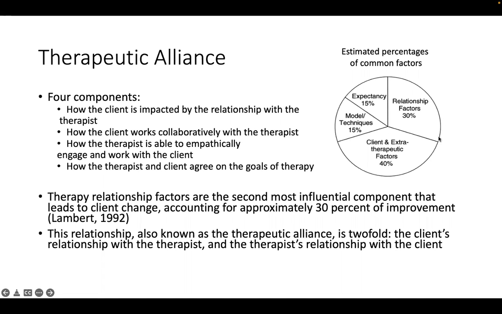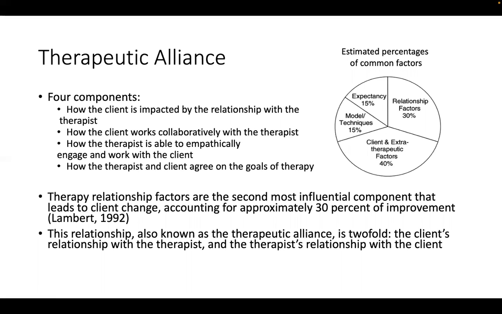So these common factors, the quality of the therapeutic alliance that you have with your client, accounts for nearly a third of outcomes. The biggest factor is stuff that we have no control over. Again, this is where the client plays such a big part in their own change, the client and extratherapeutic factors. That accounts for nearly half of outcomes. How they quantified it, I'm not going to get super into that. I took an entire semester on common factors, so that's how much we could talk about it.